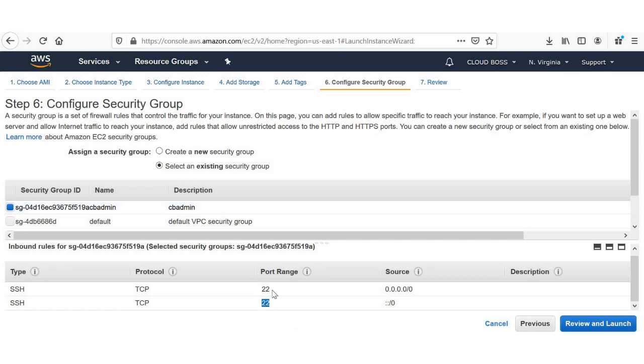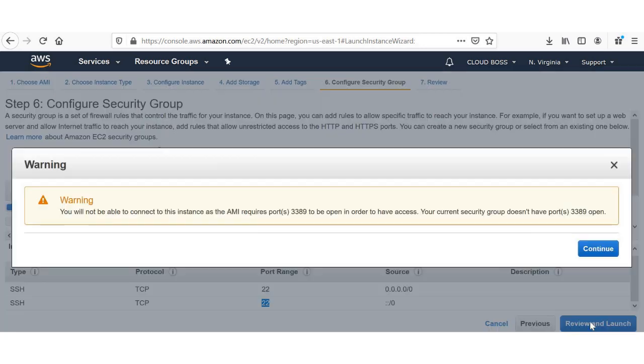Linux uses 22 port, whereas Windows uses 3389 port. If you want to create new security group and allow 3389 port, you can do. Here we are going to add a new rule 3389 port, and we are going to allow 0.0.0.0. So just proceed with review and launch. Later on we will edit our security group.